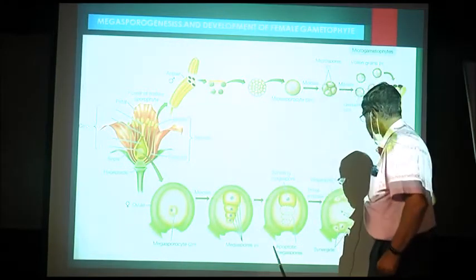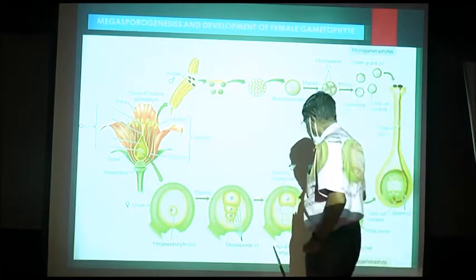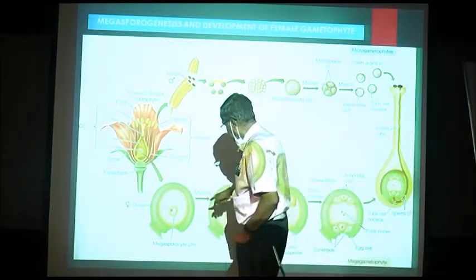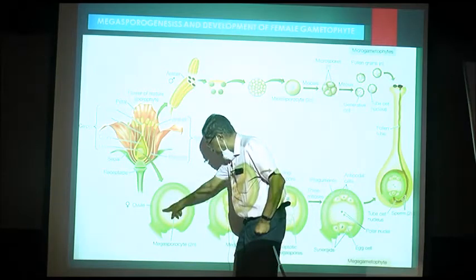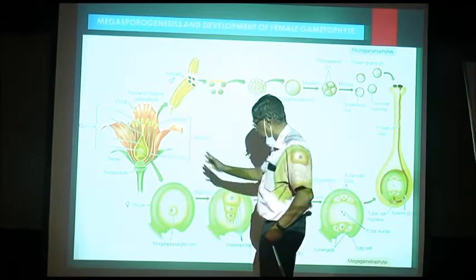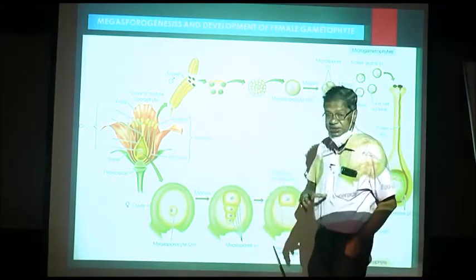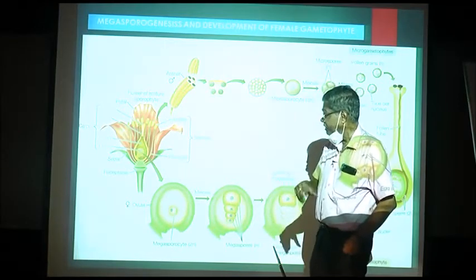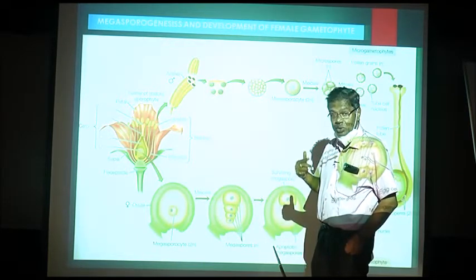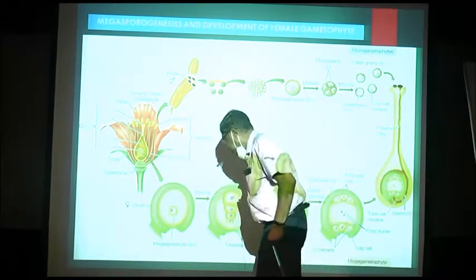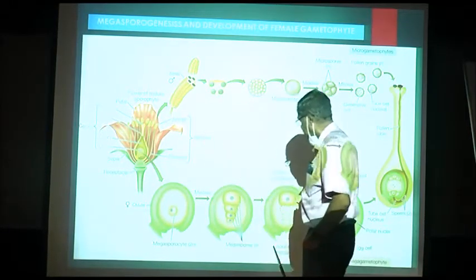Now coming to the ovary, we'll show other diagrams also. Now you see, this is the ovule, whatever be the type of ovule. It has nucellus inside. I am not going to the other covers. The nucellus develops the megaspore mother cell, or megasporocyte. In the previous case, we called it microspore mother cell or microsporocyte. Here we call it megaspore mother cell or megasporocyte, which is 2N, that is diploid.